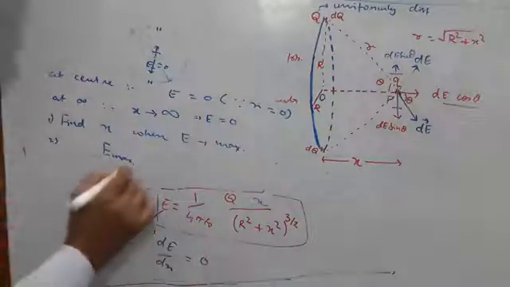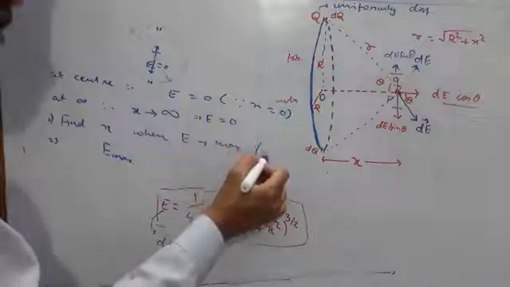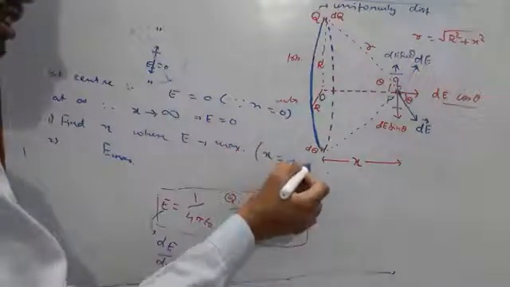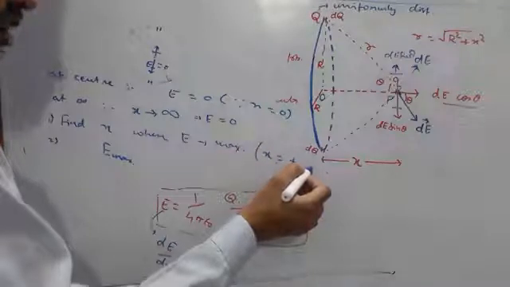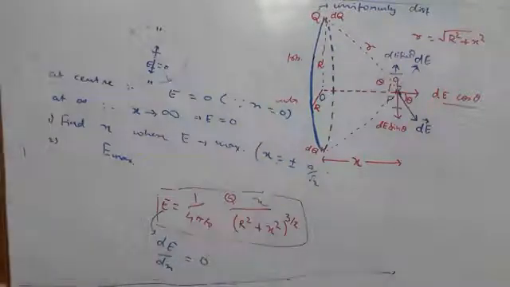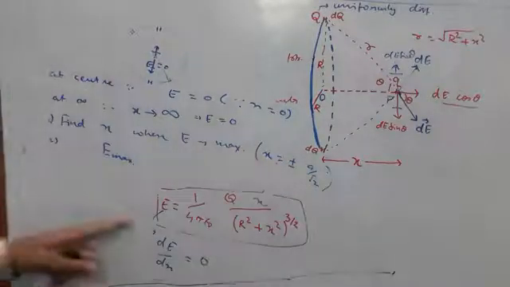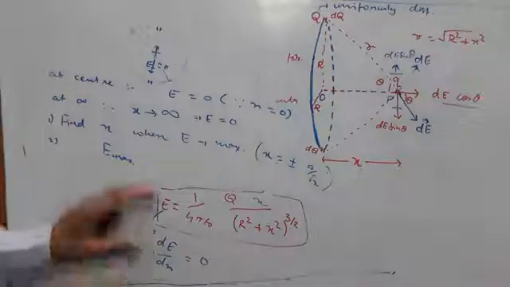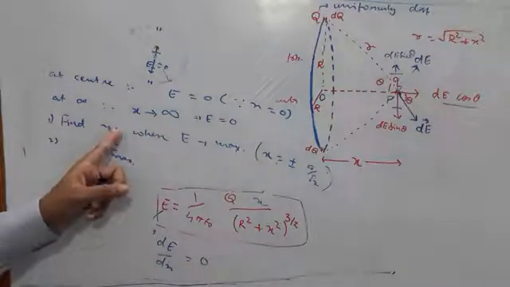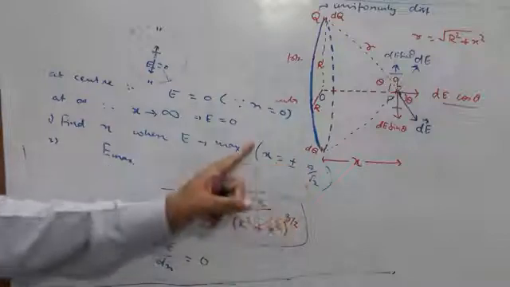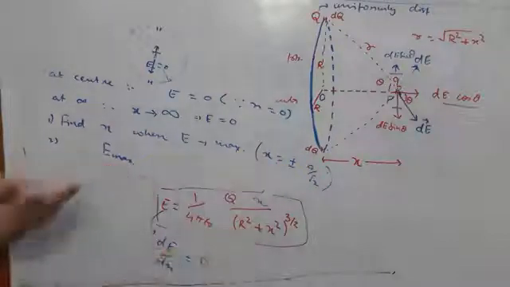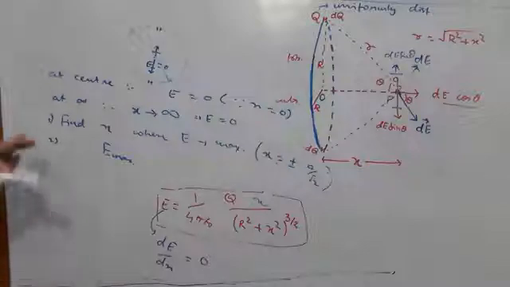If I remember correctly, the value of x answer I am giving so that you can check, it should be plus minus a by root 2. I may not be correct, but I think this is the correct answer. So please use this concept, solve it. You will get the value of x as a by root 2 plus and minus. Put that value of x in this expression, you will get the maximum value of electric field. I have given sufficient hints, students. Now let us proceed to today's topic on electric dipole.